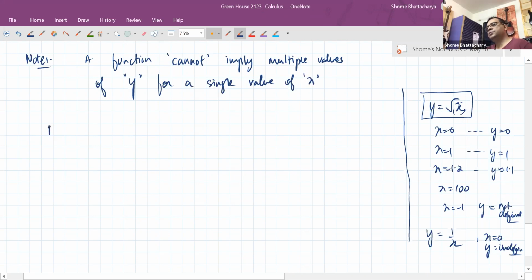So for example, if I write the relation that y square is equal to 2x, this is not a function. Because what this would indicate is that